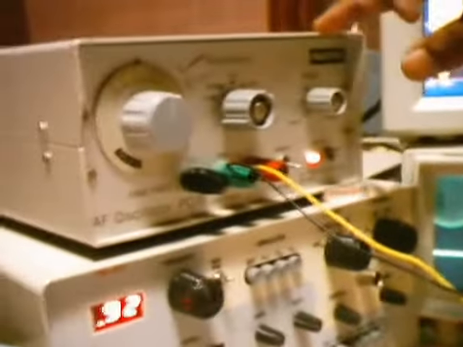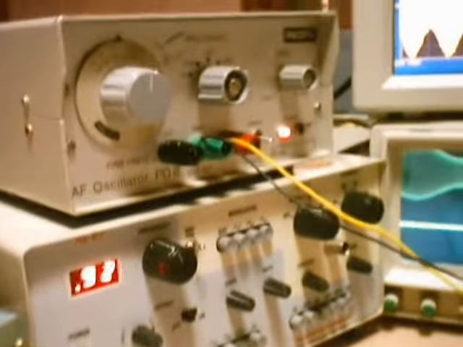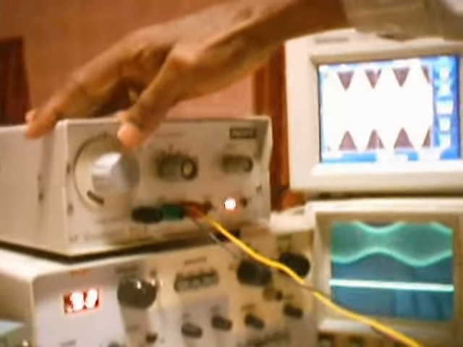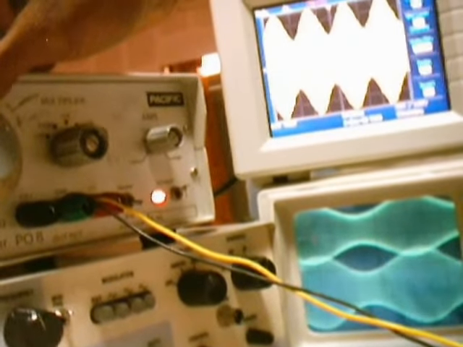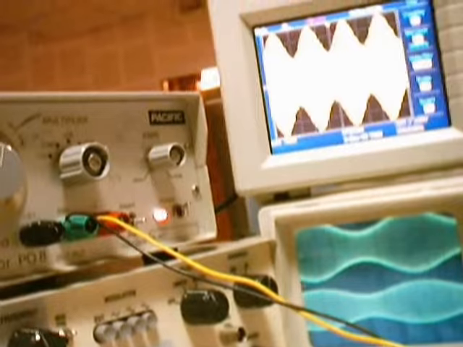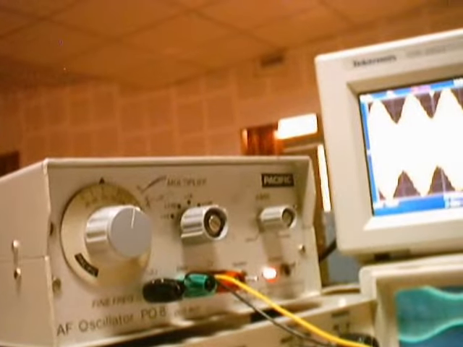You can see now the output is 0. Why is the output 0? Because my FLO is not the sum of FC in and the FIFT. Now I can get back the output by adjusting the FLO, so that FLO is equal to the sum of 978 plus 400. So you can see I'll get back the output. I'm just increasing the carrier frequency. You can see I'm getting the output. Okay, we are getting the output waveform.